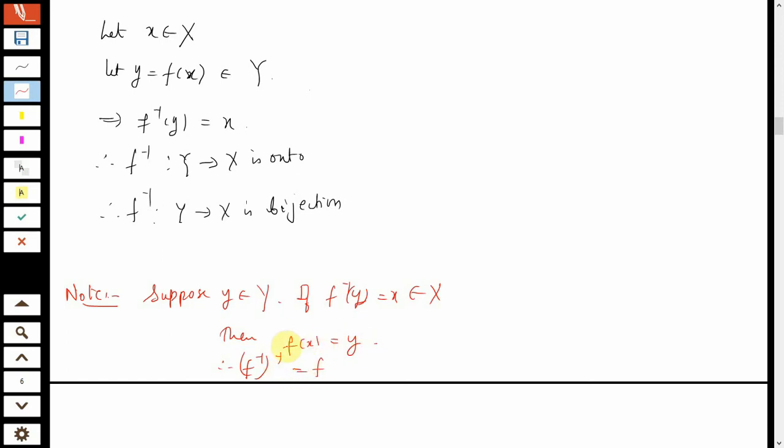See here, this f inverse can be considered as your map g, and it satisfies g of y is equal to x. We say that g is the inverse of f, and we denote f inverse is simply the notation. So that g satisfies g of y is equal to x, and whenever g of y is equal to x, we have f of x is equal to y, and therefore this f should be the inverse of f inverse. So we have this result.